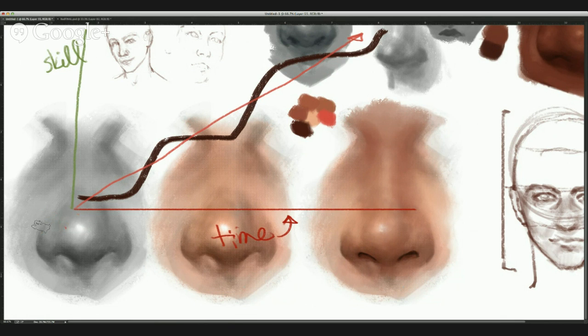Okay. So you are actually the brown line here. And the pink is what you want to be. So over time, your skill level is going to go up. And you would think it would just be a very progressive uphill battle, like you're scaling a mountain. But it's actually this thing where you plateau,